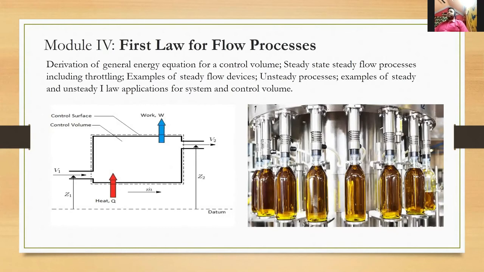and it will be understood in such a manner that we can analyze it and we can apply the basic law of first law for a flow process. The first law for a flow process will be coming up directly from the first law for a simple system or a closed system, and we'll derive the steady flow energy equation in this chapter, which is applicable for a steady flow system like this. And an unsteady flow also. Basically steady flow is a specific type of situation, but generally what we initially calculate or describe is an unsteady flow process where the things are not steady.